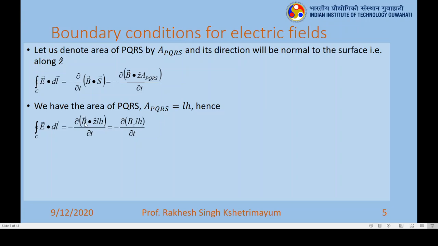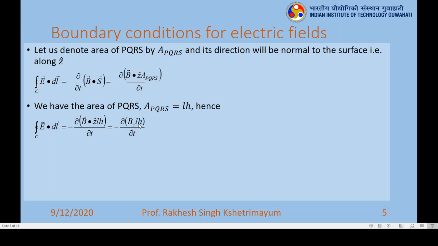So when I do the dot product of the magnetic flux density, which is a three-dimensional variable, it's dependent on x, y, and z. In that case, B will have three components: Bx, By, Bz, along the x-axis, y-axis, and z-axis. So when you do the dot product of B with the unit vector z along the z direction, we will simply get Bz. So finally, the right hand side of Faraday's law will be minus ∂/∂t of Bz